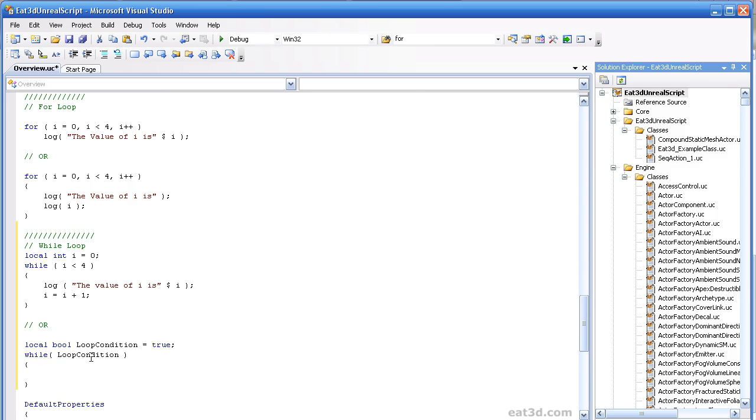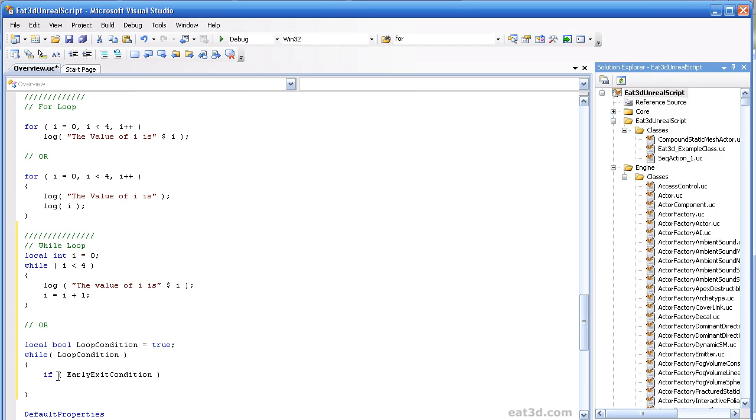So now we have something that could technically be an infinite loop if we aren't handling loop condition appropriately, but it's different than the case of what I first had typed where it was just while true, which would definitely be an infinite loop. In this case, loop condition could be changed by something. So depending on what's happening inside the while loop, for instance, we could set up here.